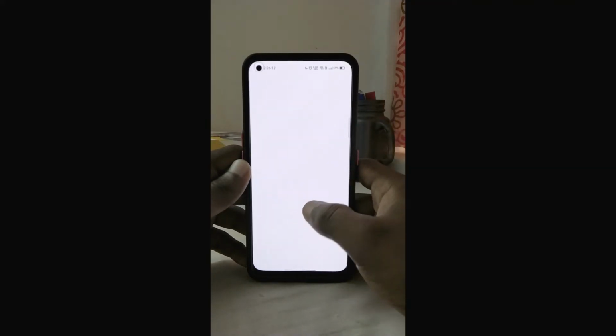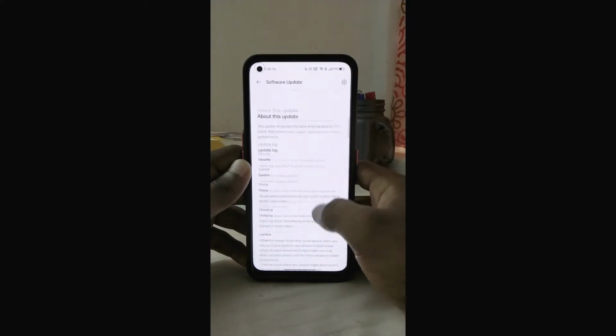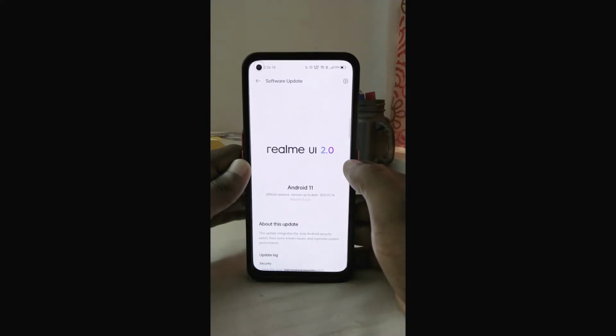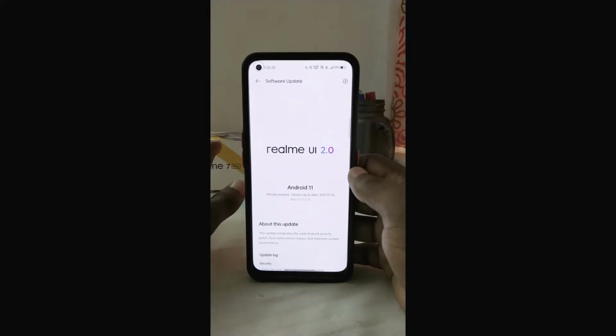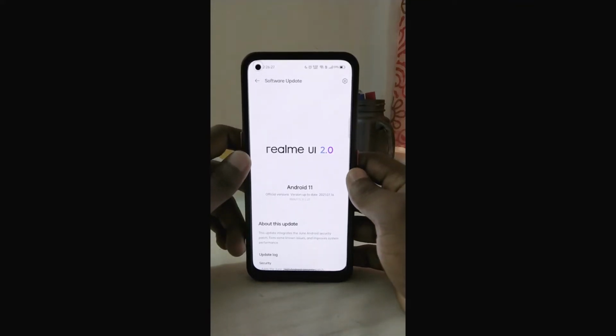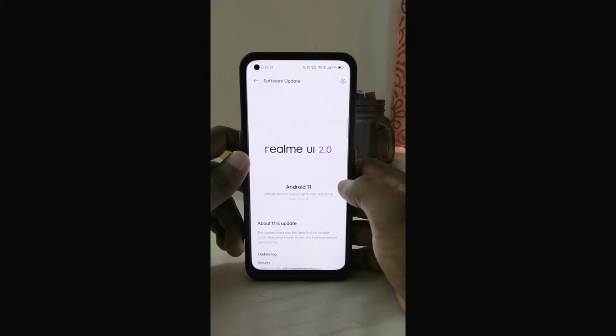You already know that Realme updates go very slow. So you can see my version is C.23. I haven't received the C.24 update. I've already tried this, and it's a safe and official method to go back to Realme UI 1.0. So you need not worry about it. Just follow my steps and downgrade your phone to Realme UI 1.0.